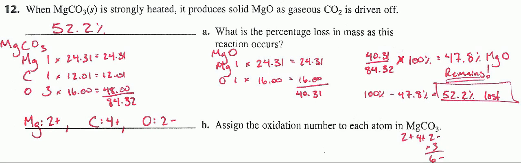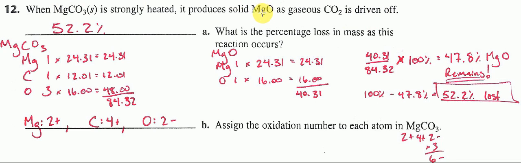Number 12. When magnesium carbonate, solid, is strongly heated, it produces solid magnesium oxide as gaseous carbon dioxide is driven off. And so when we heat this substance here, our two products are MgO and CO2. A asks, what is the percentage loss in mass as this reaction occurs? So as CO2 is driven off and goes away, what's the percent loss every time one molecule of this is